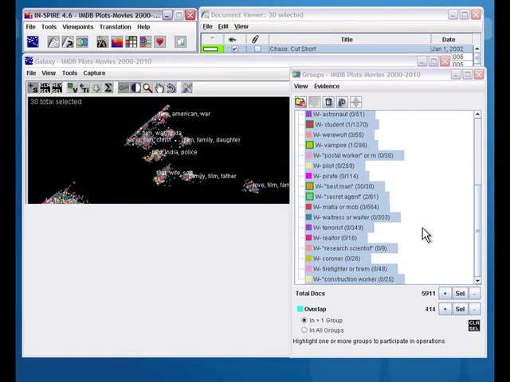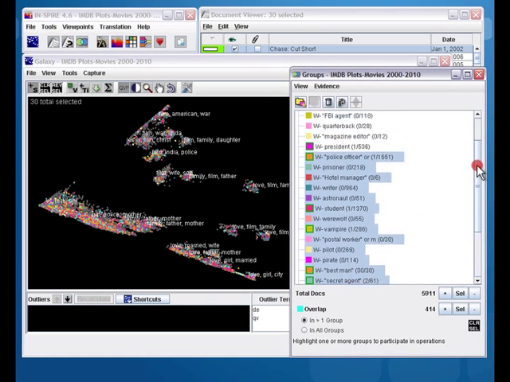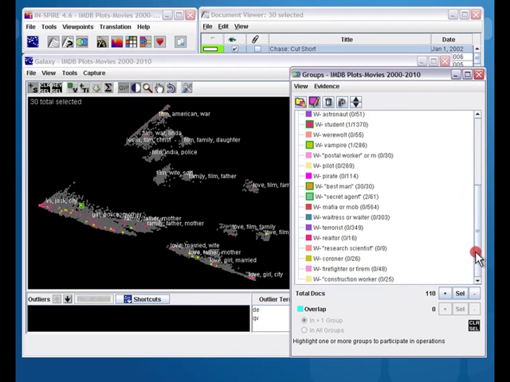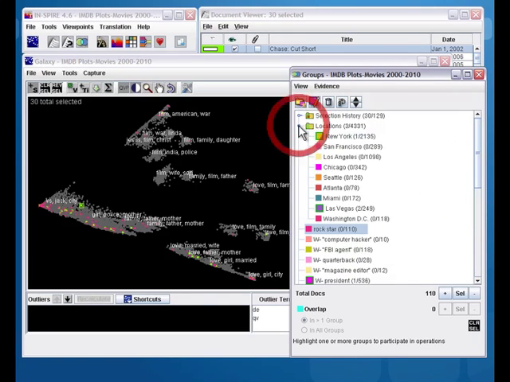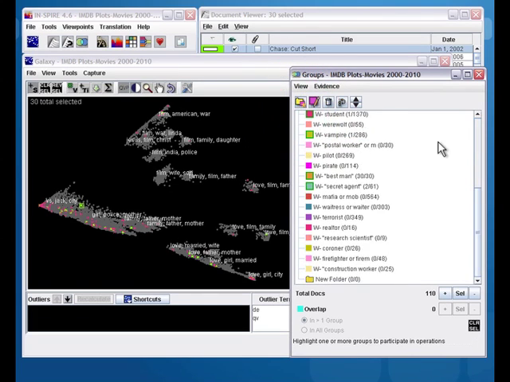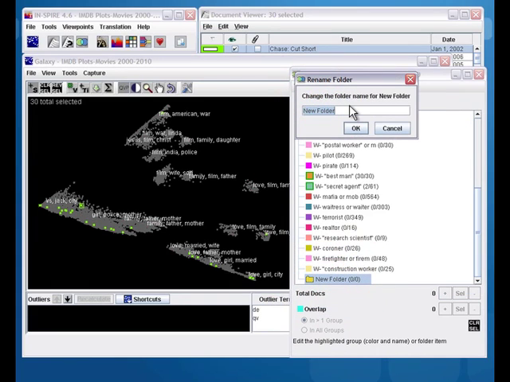Close the query window. So now you can see over in my Groups tool, I have all of these occupations that I just put in, and you can see it shows how many matched for each of those. Now what I want to do is, I've already made locations. Here are all my locations that I've put in, and you'll notice I have them grouped into a folder. So what I want to do is, under this new button here, I want to make a new folder. Now I'll highlight it, go edit, and I'm going to call this